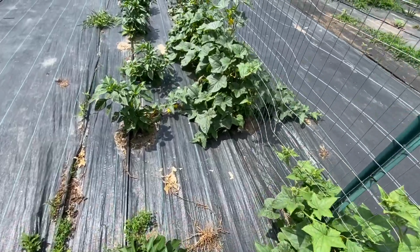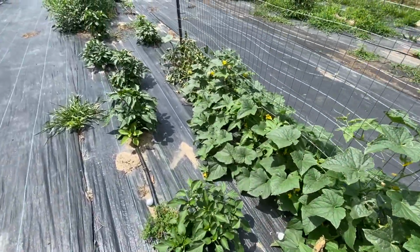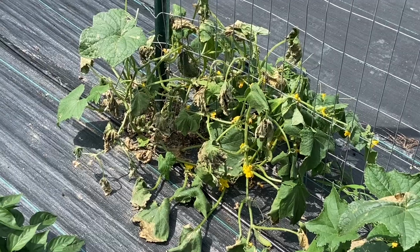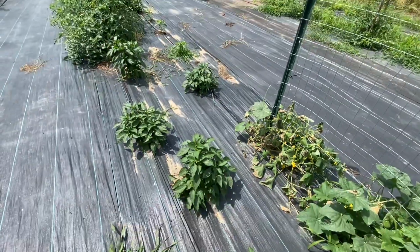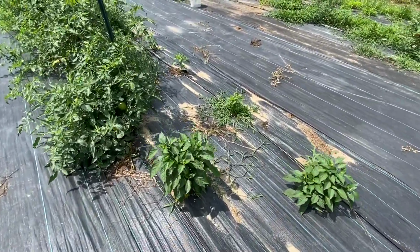Growing pretty well. And I just bought cucumber seeds today, actually from the dollar store, to get another succession in, because here's one of our cucumber plants that something's going on. So they get the same water all these do, but something's going on with that one right there. Now we're into our succession of